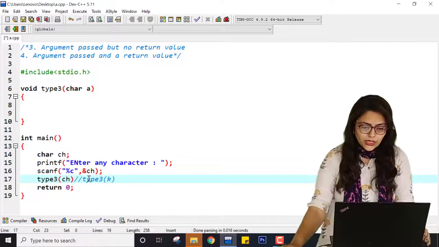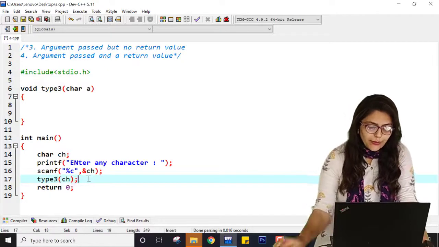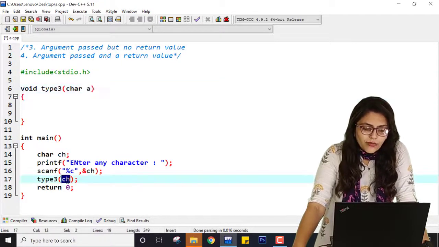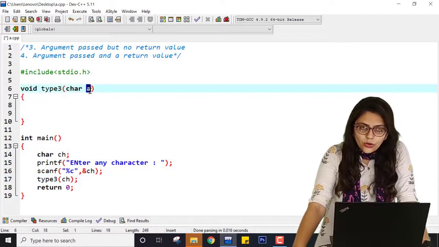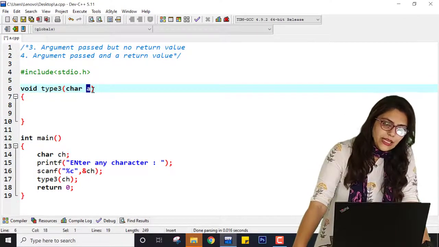So now this ch value, that is k, is copied to this value. Whatever value is inside ch is copied to the value of a. So if the user has passed k as the character, now the value of a will be k.